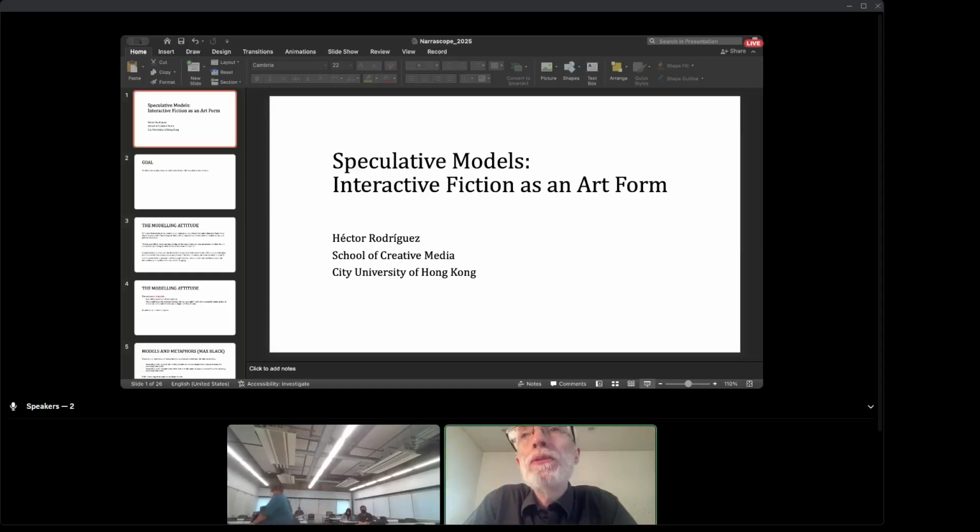One of the distinctive features of interactive fiction as an art form is the idea of the black box. And I want to spend a bit of time on this idea because I think in creating black boxes, we also create models of agency.